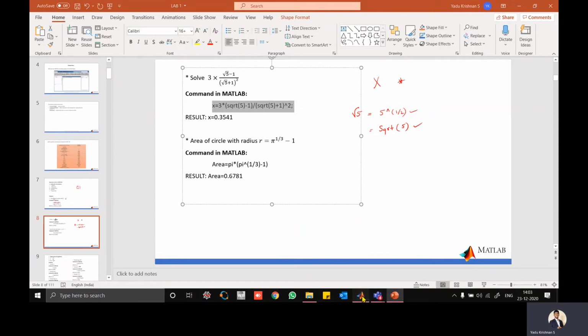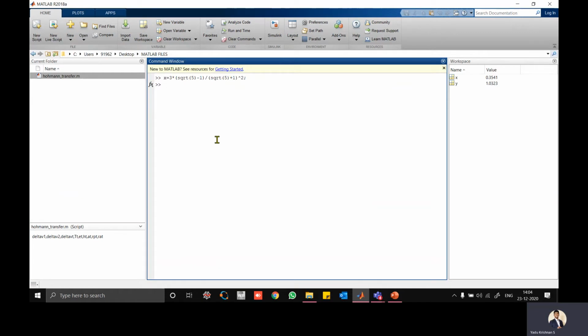What I need to do, I just go to command window and type the same thing and press enter. So x is already defined. Previously the x value was 1.0323, that is changed to another value now, right? So for example, I'll give you square root I want to find. So SQRT, square root of 5, let me find how much is that. This is one way I can do, 2.2361.